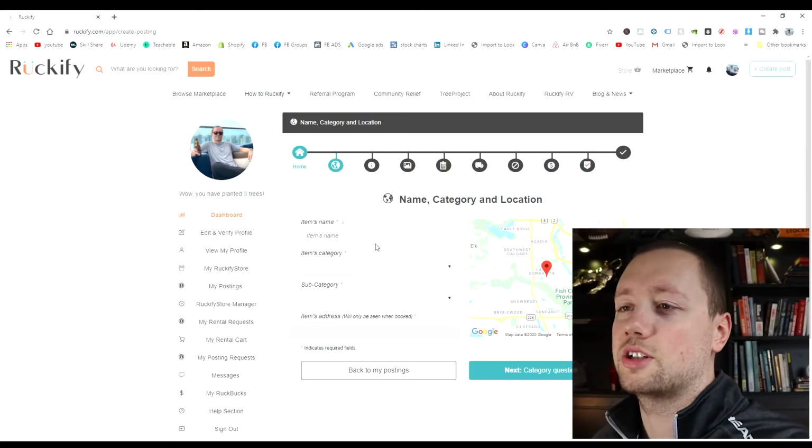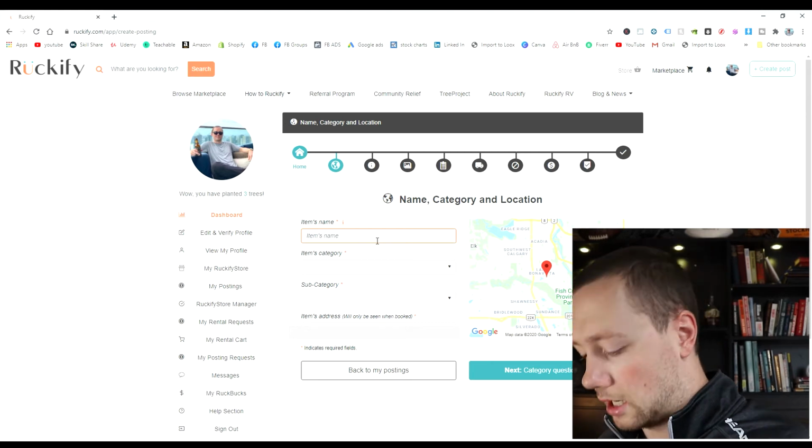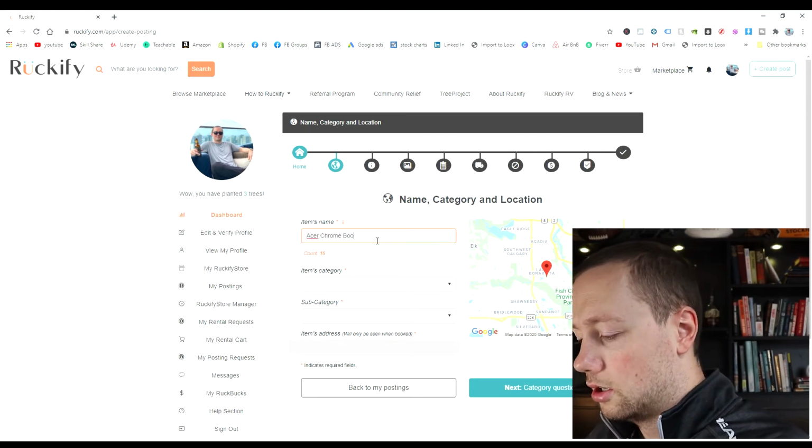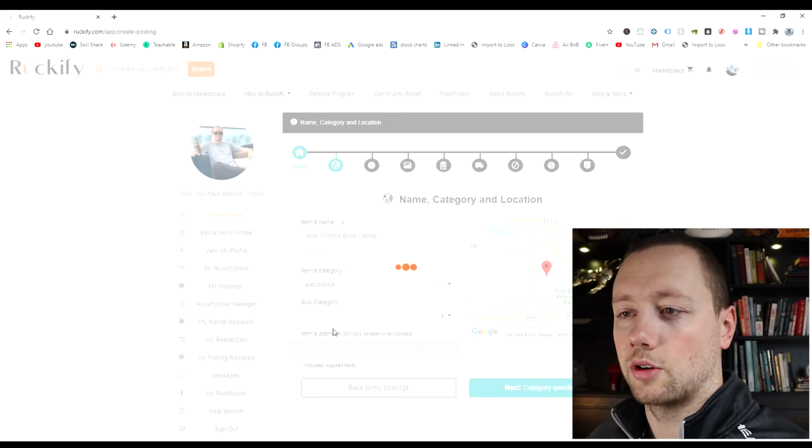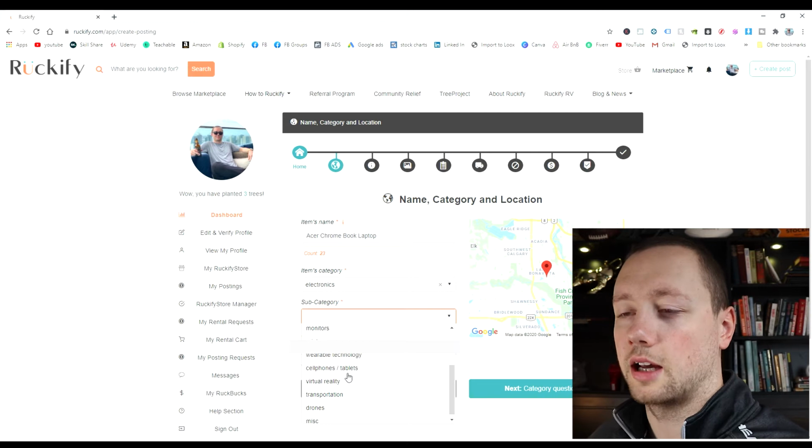So I am going to go through, I'm going to post my laptop on here now, and it's time to start going through the steps. The first step is my item name. So I'm going to just call this my Acer Chromebook laptop. Really easy. Item category, electronics. Subcategory,